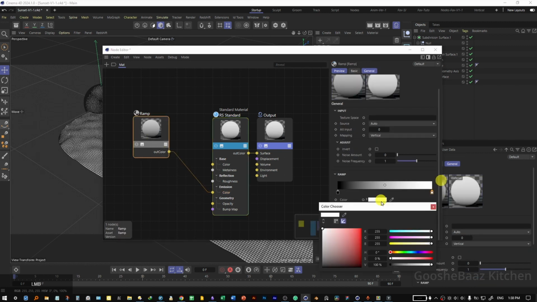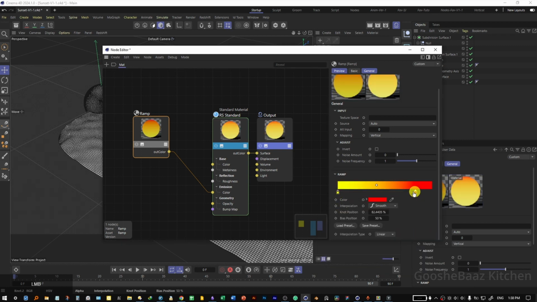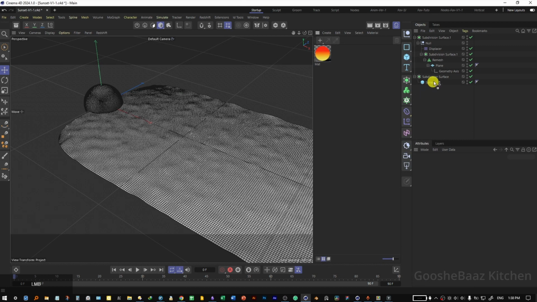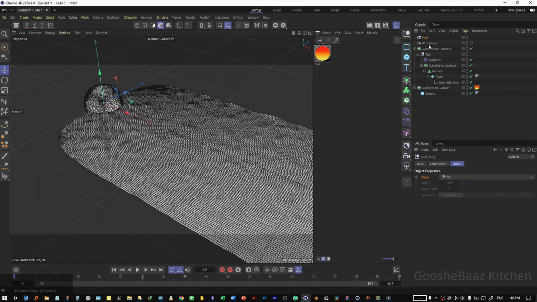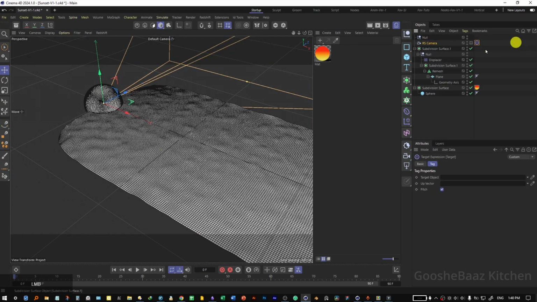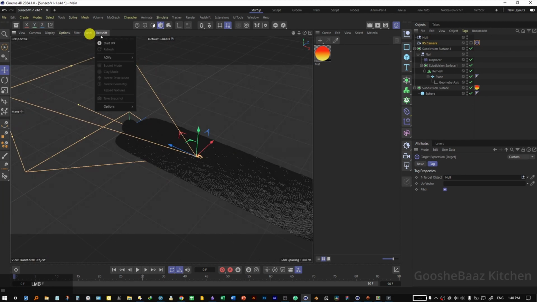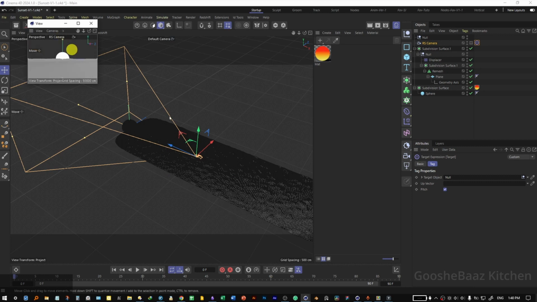On the ramp, change this white to a red color, change the black to a yellow color, drag the red closer to the yellow color, add this to the sphere, add the camera to the scene, add a null to the scene, alt 0 on the camera, add the target tag on the camera, drag and drop null to the target object here, push out the camera, add a panel here, change the camera to RS camera, on the camera